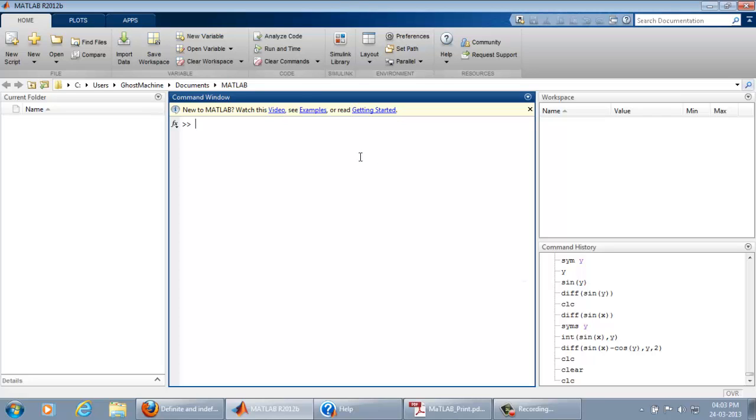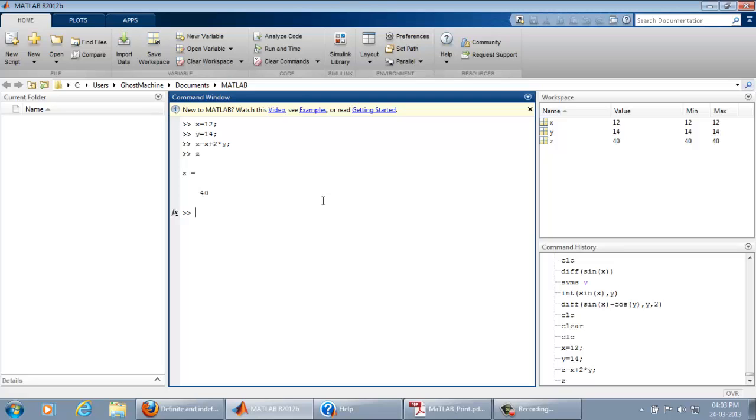Working in MATLAB is quite simple. You can always do things like this: x is equal to 12, y is equal to 14, and z is equal to x plus 2 into y, and the value of z is calculated.